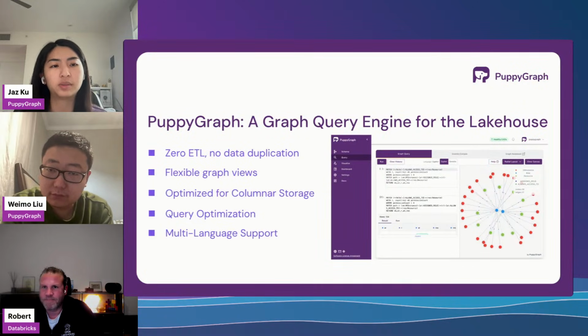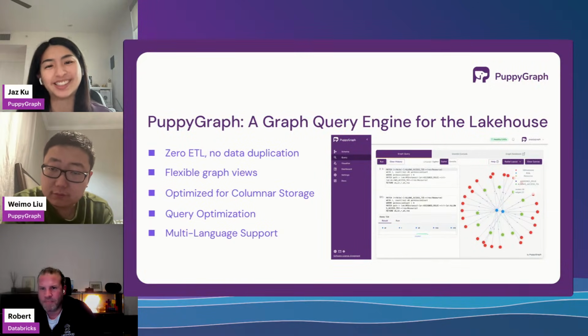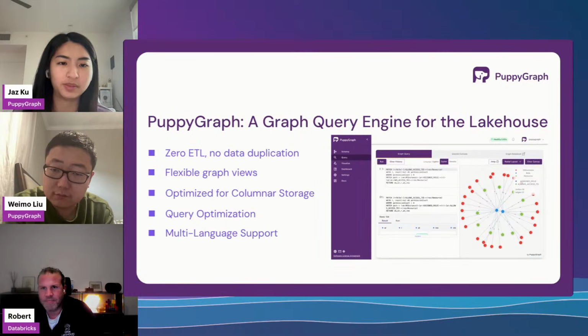And we also do graph-specific query optimizations, with cost-based and rule-based optimizations. And also we use graph-specific operators that are really built for graph traversals and these manipulation semantics. And then we also offer multi-language support, like I said, Cypher and Gremlin. If you're doing graph analytics, you'll probably run into these languages quite frequently.